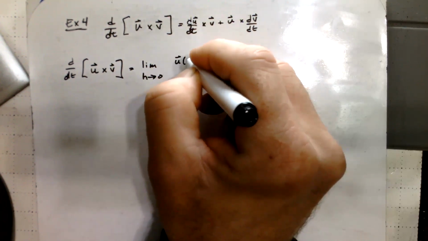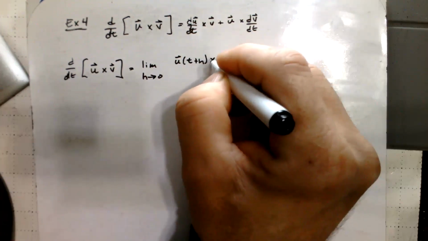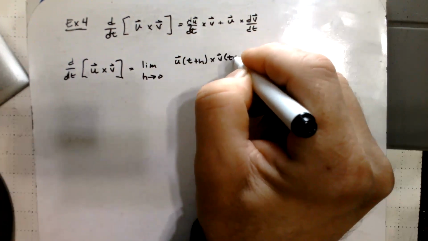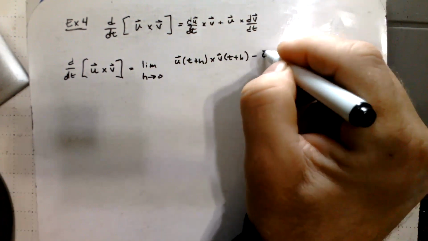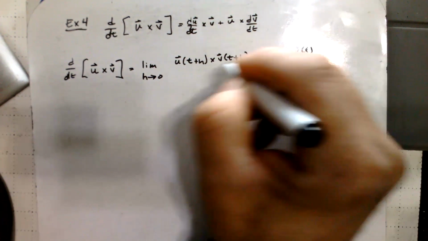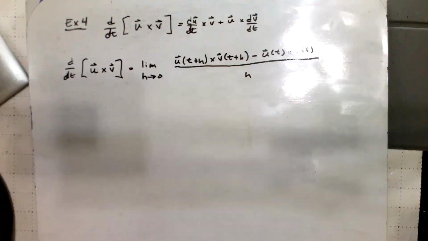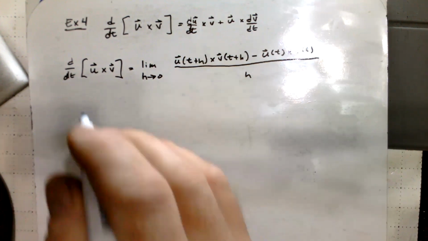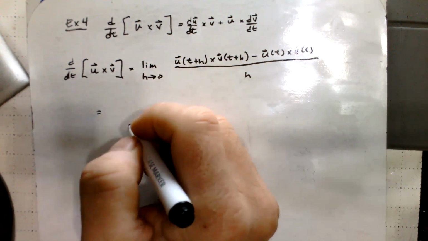u of t plus h cross v of t plus h minus u of t cross v of t, all over h. Okay. Now this next part is going to feel a little unmotivated or confusing, but I think you'll see why